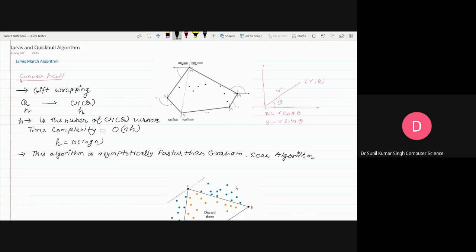So this is the very introductory part of the algorithm, and we are going to